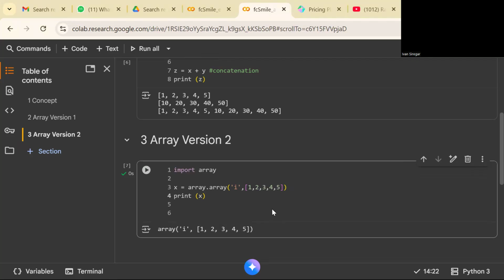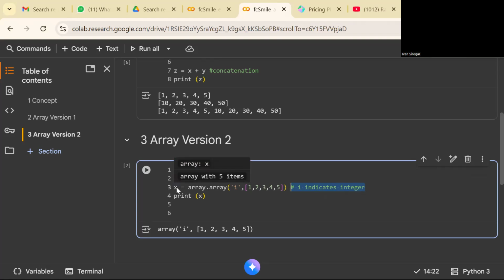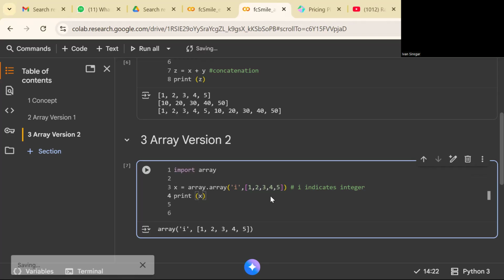Okay, so actually it looks like no different between the previous one. But here, by using I, it indicates integer. So it means that all of the elements of the X, which is the array here, must be integer. Yeah.